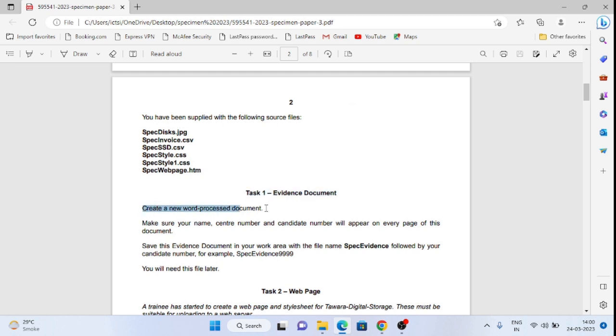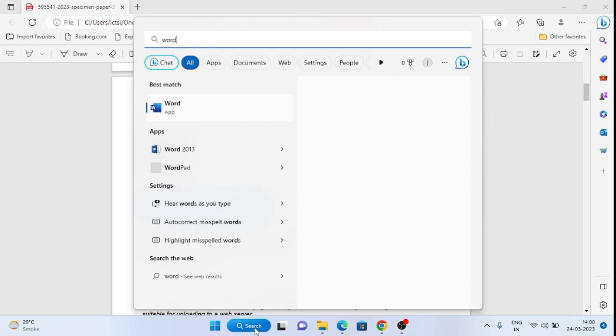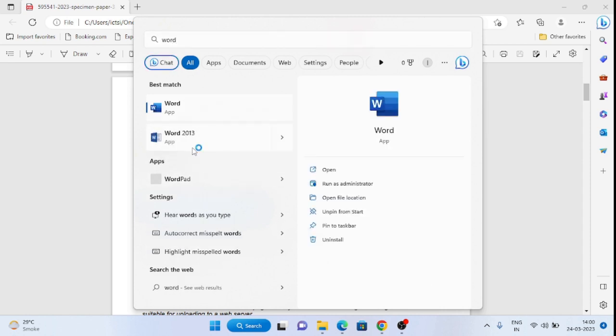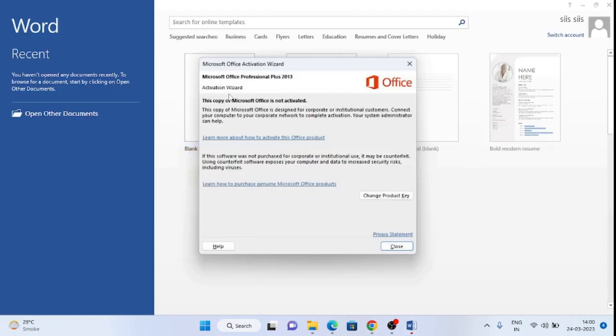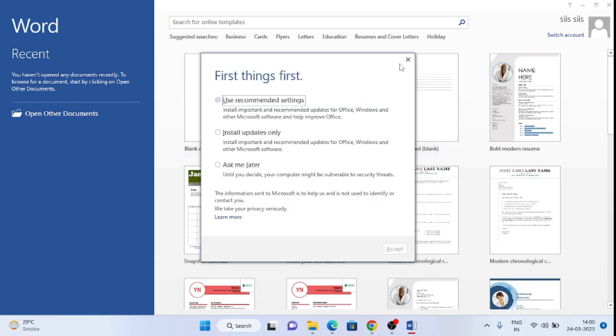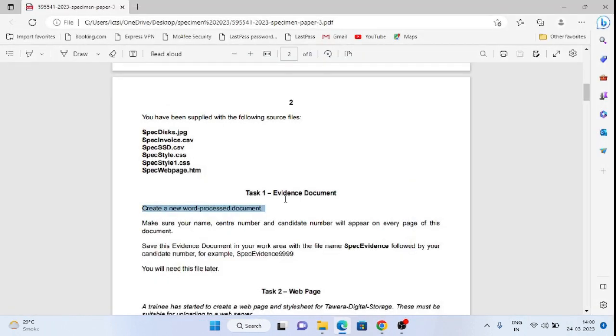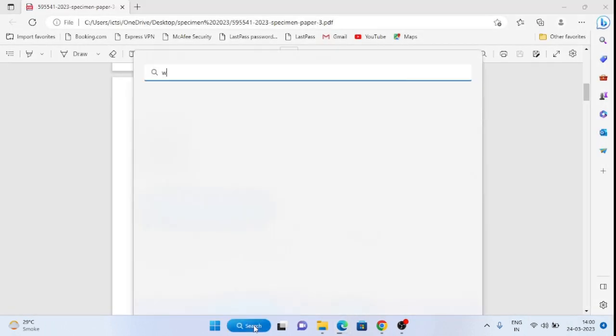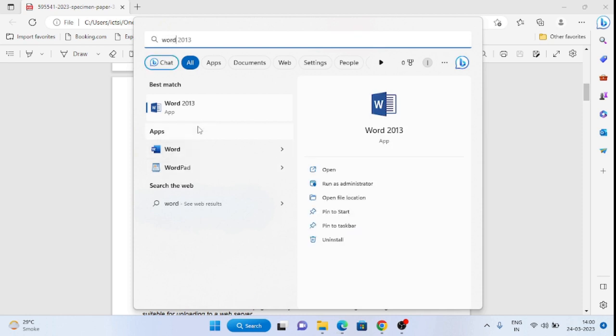Create a new word process document. They will not provide you any evidence document. You have to create your own evidence document. That means you have to basically create a normal Word document, as your normal evidence document.